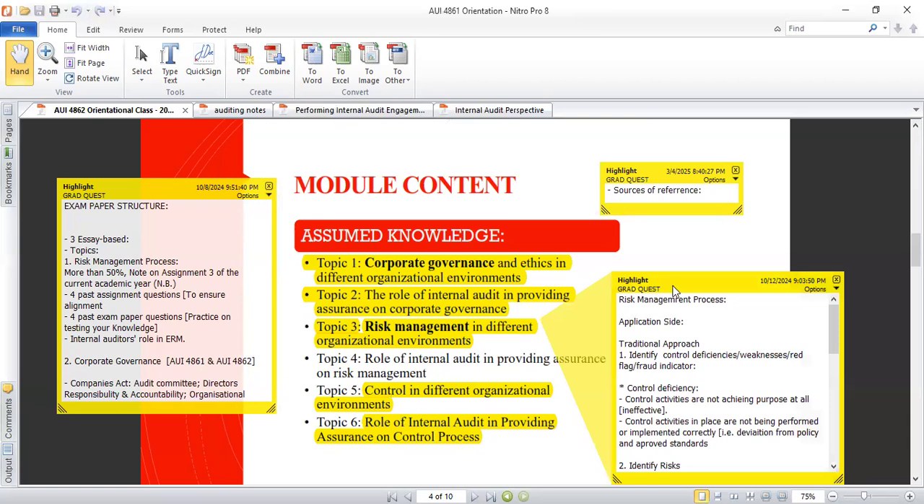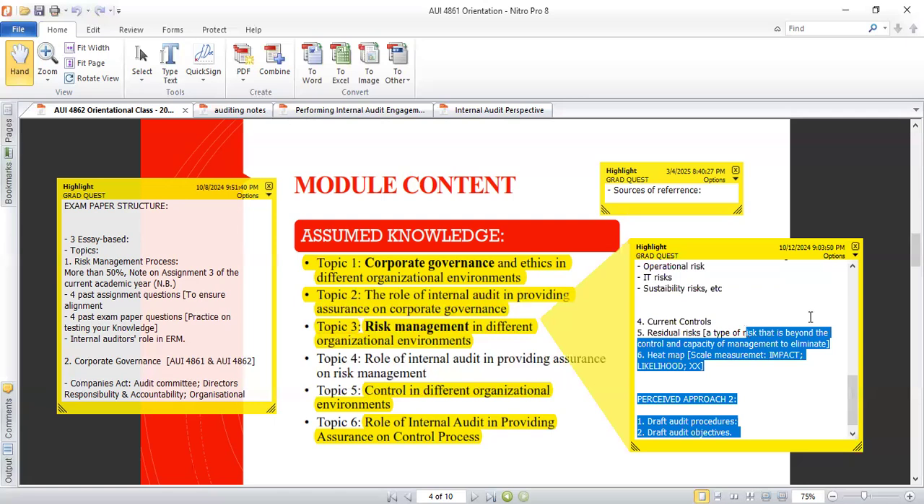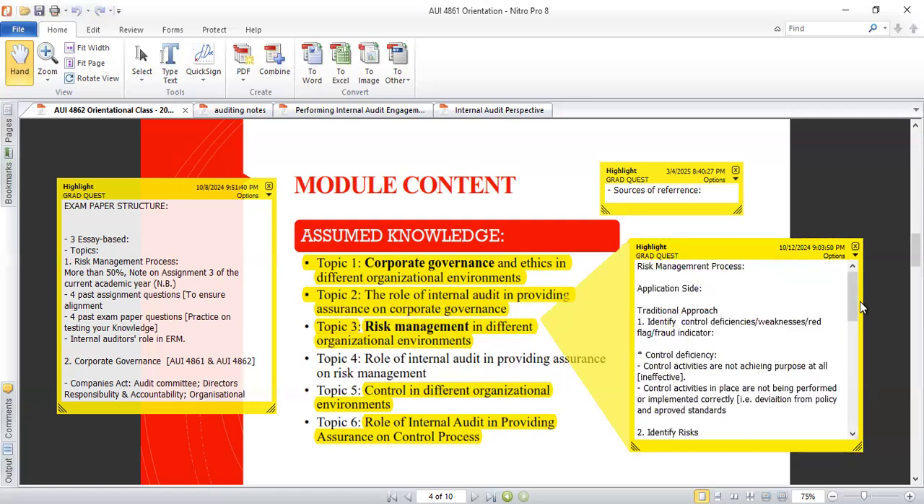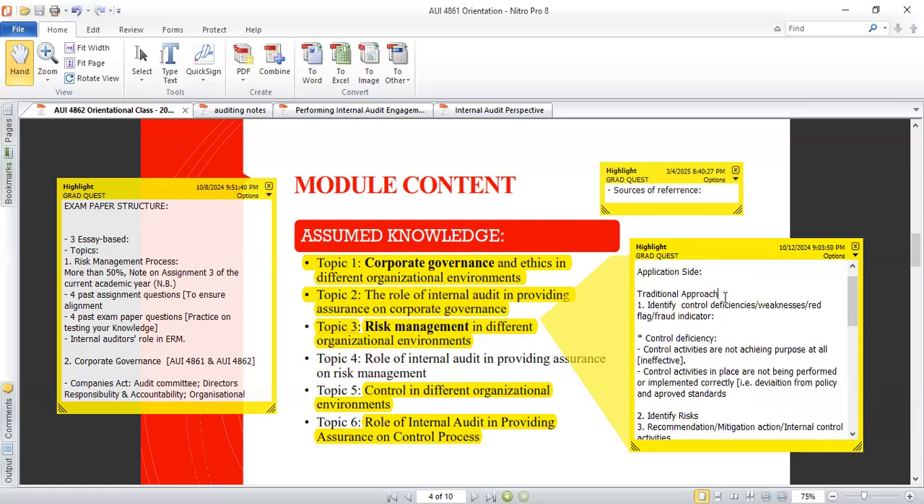Now, you might have noticed that there are footnotes that I put across here, especially with regards to risk management in different organizational environments. I just want to quickly help you understand why I have these footnotes here and what I am explaining. What I was trying to put across to students is that the traditional approach of questions which the lecturers normally use, you'd find in the assignments, sometimes even in the context of the exam, is for you to identify